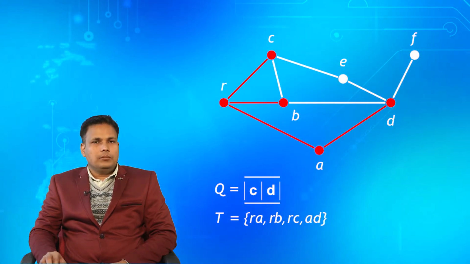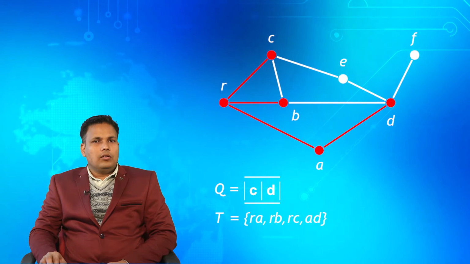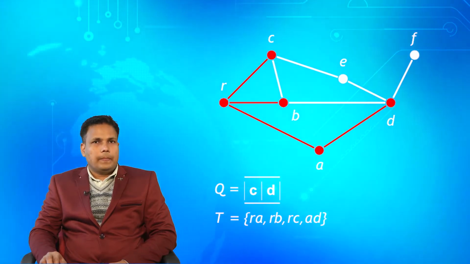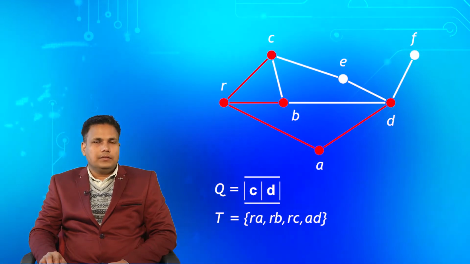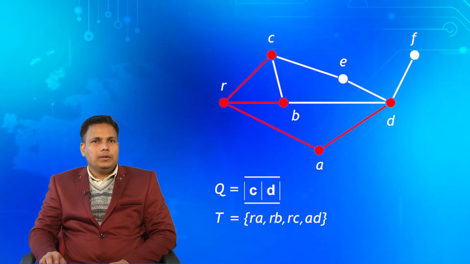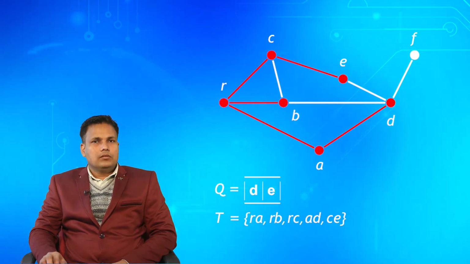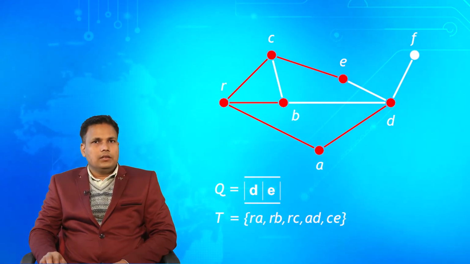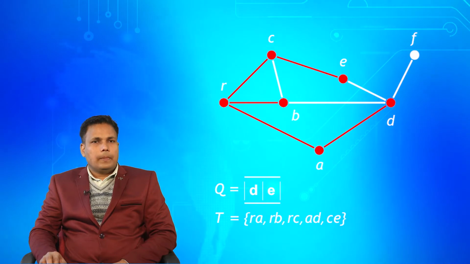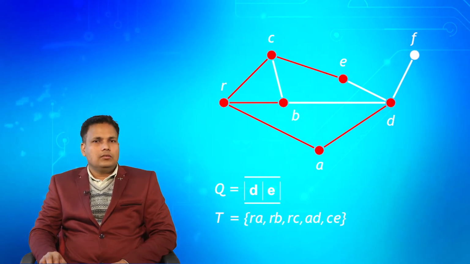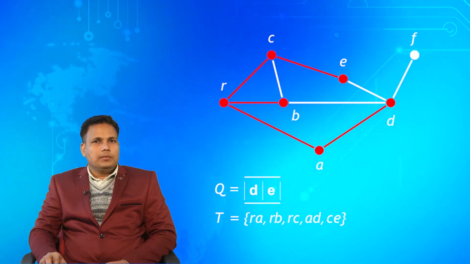Okay, again Q is not empty, so we remove its first vertex, which is C, and now we shall visit all the unvisited neighbors of C. So the neighbors of C are R, B and E, right, where R and B have already been visited and E is unvisited. So we shall visit now E. So now E is marked as visited, that is E is marked red here, and E is appended to Q, and the edge CE is added to T, right. So, again you can see that Q is non-empty.